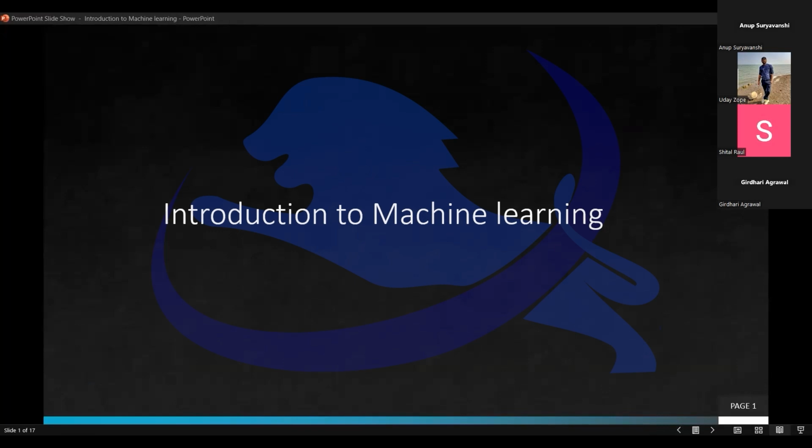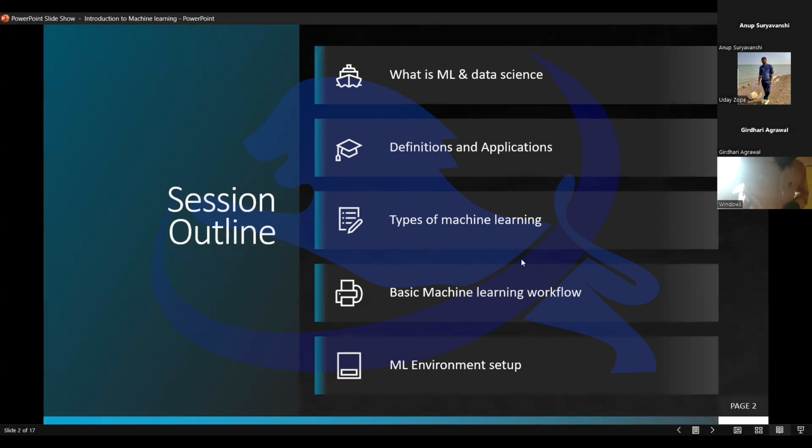So I'll explain the outline of today's session first. I'm assuming that everybody is new to data science, and I'm going to introduce some of the core concepts of data science to you right now. We can start this session with certain definitions, and we can move forward with what the types of data science are and what the applications are. We will understand the basic workflow of data science,